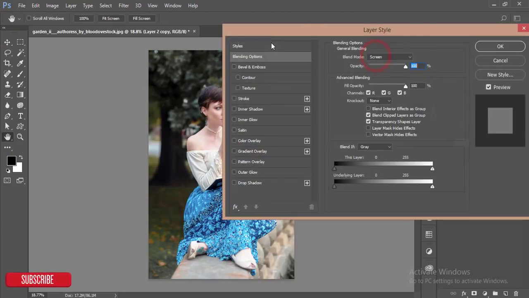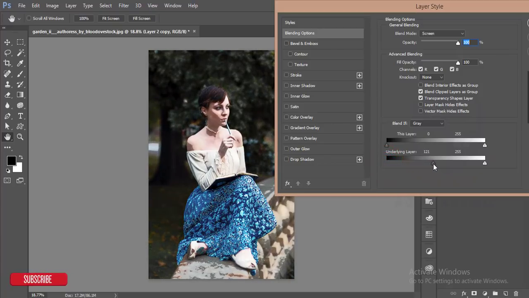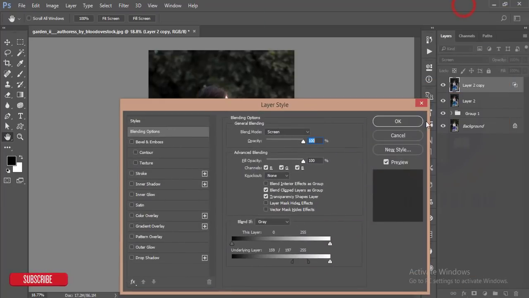the blending options, and I'll find out the shadow or highlighted options. Okay, those are highlighted in this picture. Press the Alt button and just divide this and just make it like that. Hit the OK button